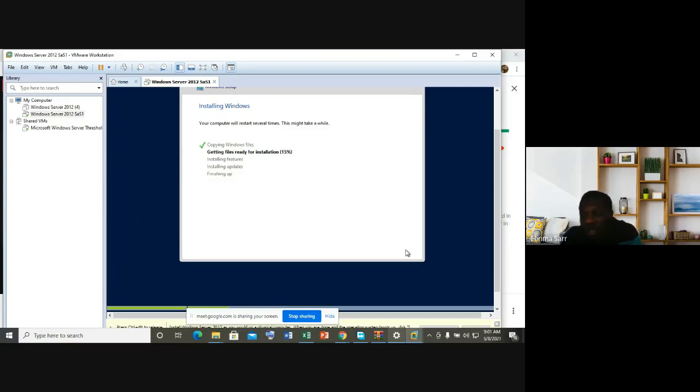Once the computer has restarted, you will be prompted to set up the built-in administrative account. I will type in a password and click finish. Okay, once this is done, the computer will restart automatically, the same way it does with physical media. Once it restarts, it will ask me to log in again. In order to log in, I will be prompted with an administrative account that Windows Server